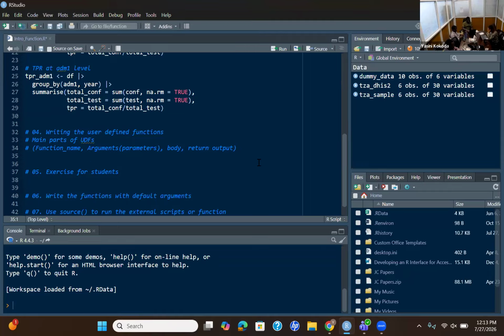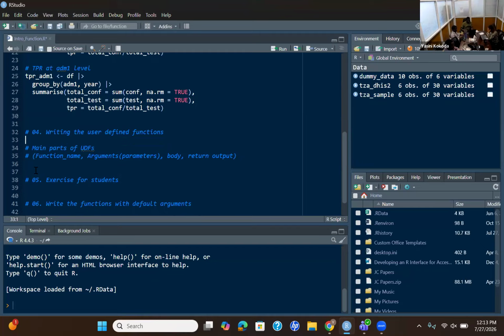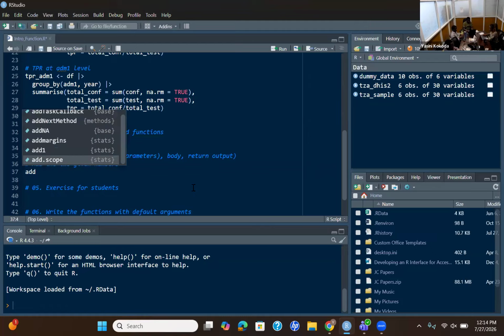So we will try to write a simple function to add two given numbers. Remember, we mentioned that you start with the function name and it has to be descriptive.